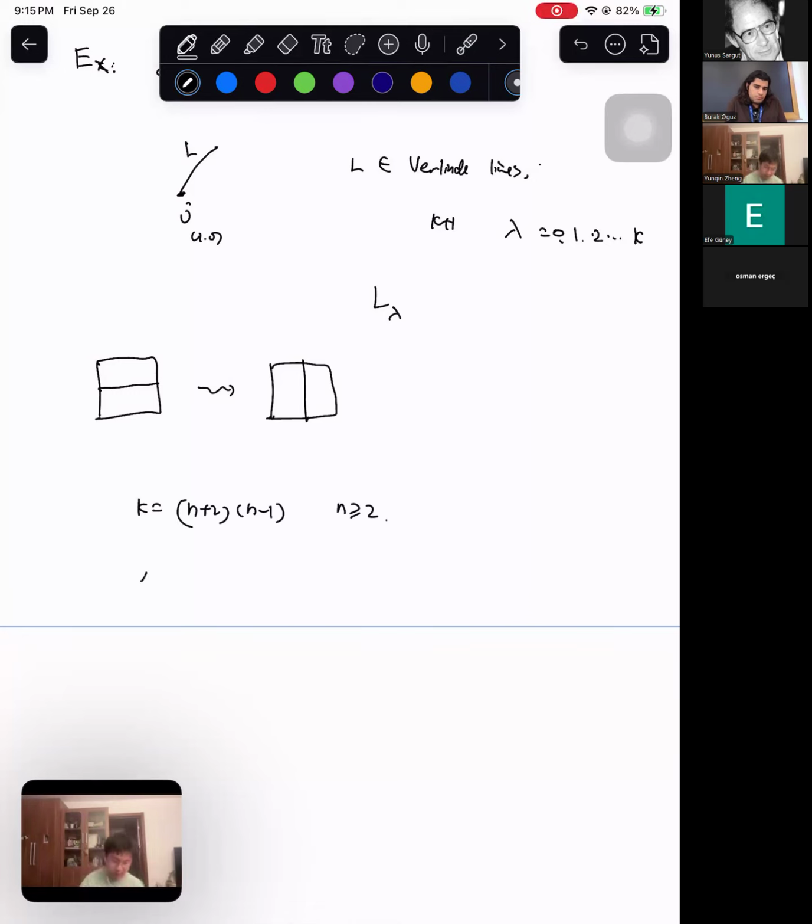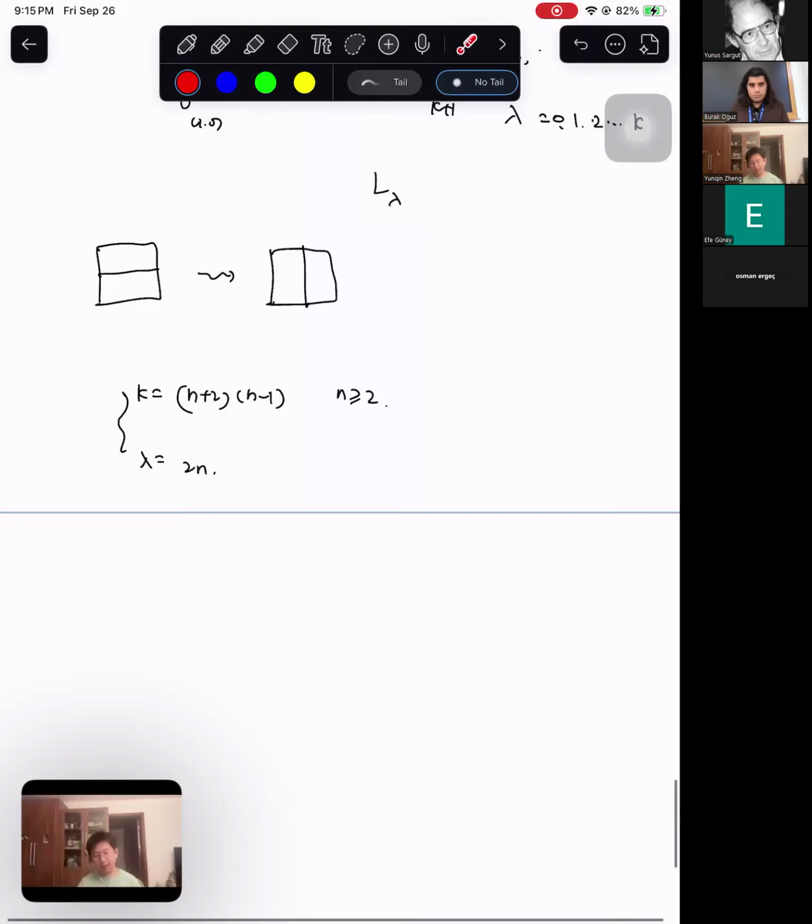And this line L corresponds to lambda equal to 2n. Okay. So when k satisfies this special relation, then there are operators for the line L. Examples,